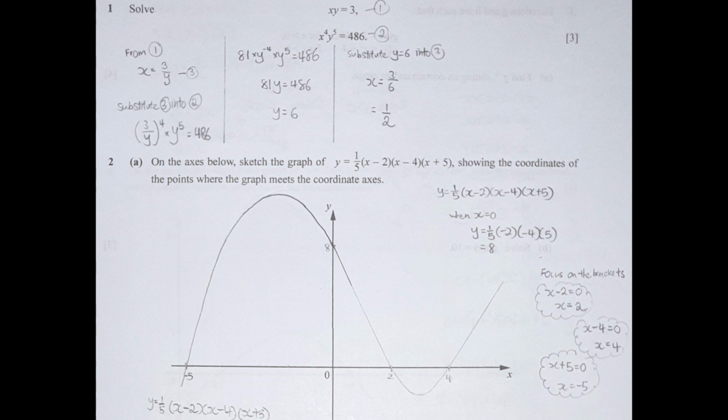Followed by question 2. Sketch the graph y equals to 1 over 5, (x minus 2)(x minus 4)(x plus 5), showing the coordinates of the point where the graph meets the coordinate axis. So first thing that I did was to identify the y-intercept. What I did was I set x equals to 0, then you will get your y as 8. So the next thing that I did was to identify the